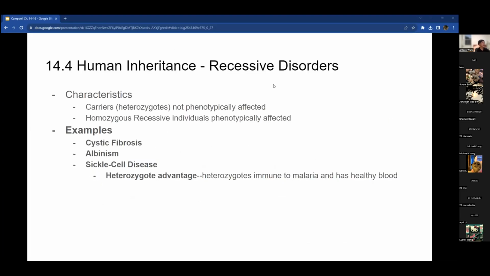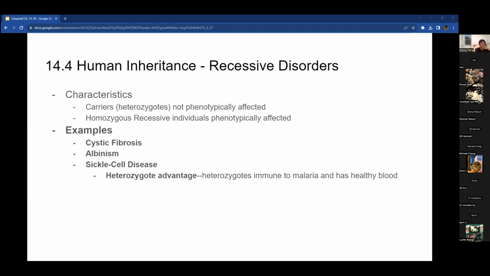Human recessive disorders. For recessive disorders, there can be carriers, or a carrier is an individual who is phenotypically